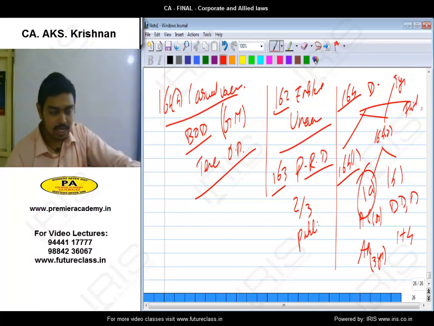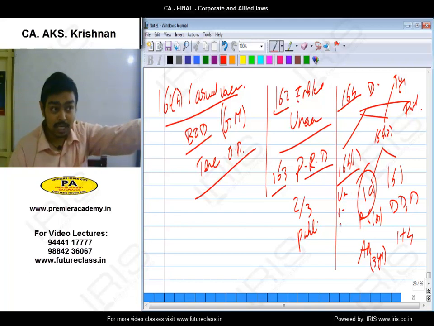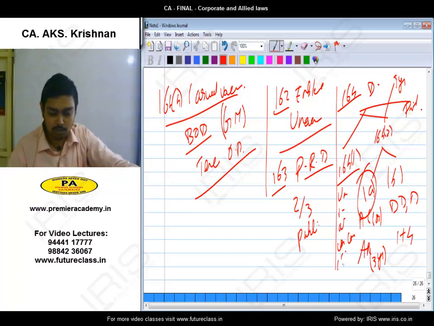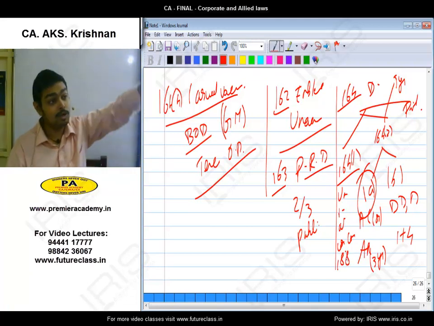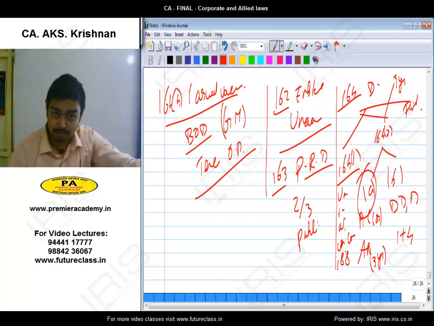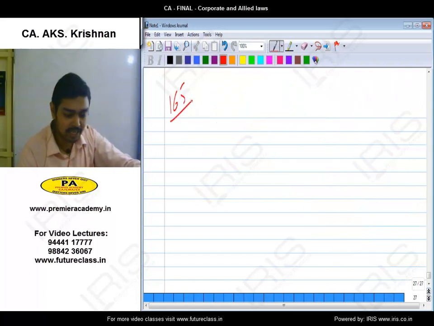Then we have private limited company additional disqualification. Here we have unsound mind, undischarged insolvent, applied for insolvency, then convicted by court for not less than 6 months, and 5 years period not elapsed from the date of expiry of the sentence. Then 188 is there. Then if in 7 years is also there. If you are imprisoned for a period of 7 years, you cannot become director for life. Then 152 subsection 3, then cause in arrears is there. Then we have section 150, 165. What is that? Maximum of